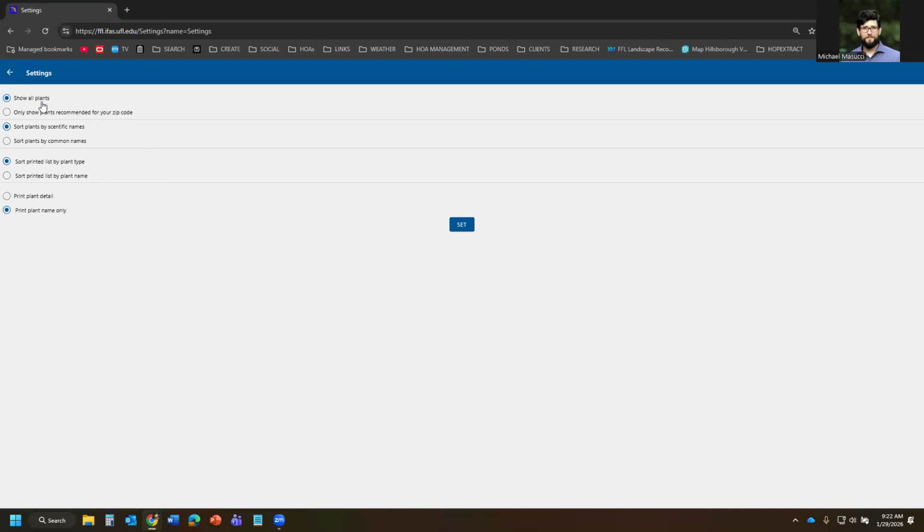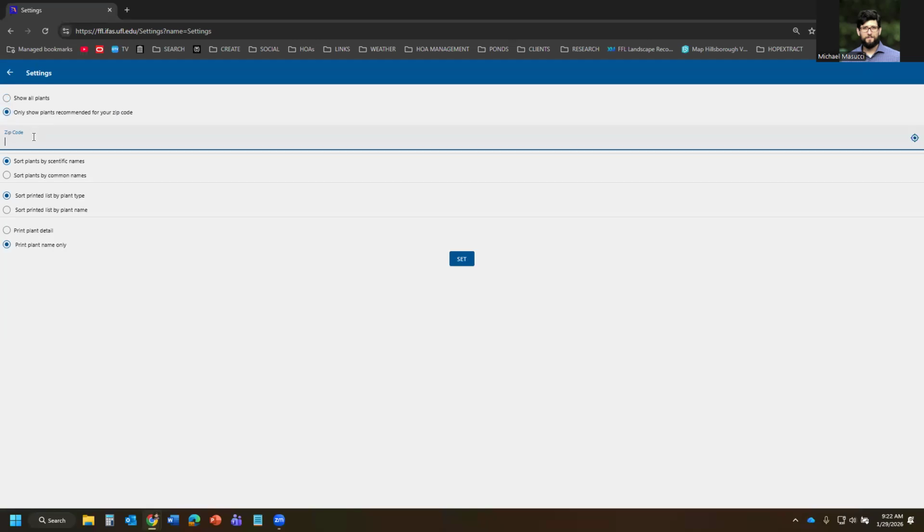We have the option to show all plants or only show plants recommended for your zip code. I like to use that feature because I know what plants I'm looking for. I'm going to use the office here in Seffner, and our zip code is 33854. After I select that, I'm going to go to the next one, and it says sort plants by